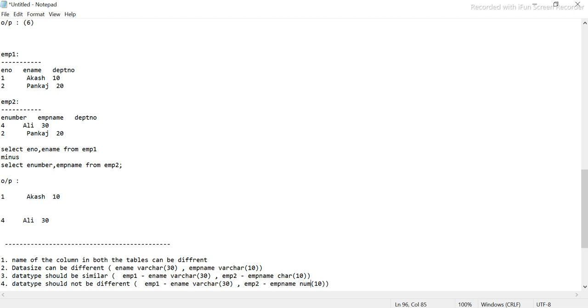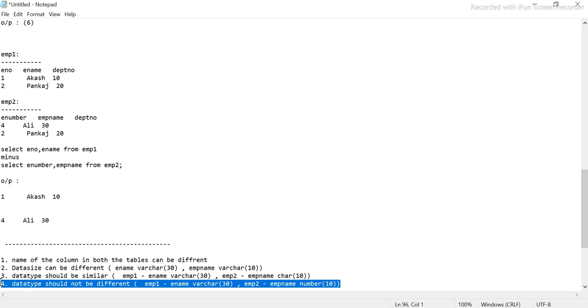For the same column ename in the employee 2 table, if the data type is number, obviously this will give you an error when you run operators like minus, union, or intersection. You will get something like it cannot have a different data type. This is very important, keep this in mind, guys. This is not allowed, the rest everything is allowed.